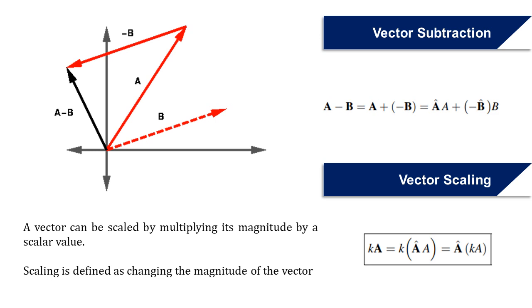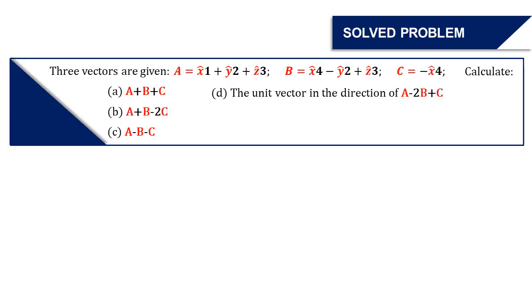So, pag nag-multiply tayo ng scalar value sa isang vector, so we call that vector scaling. Okay? So, binabago natin yung magnitude ng vector na yan. Pero yung kanyang direction, hindi magbabago. Okay? So, let's